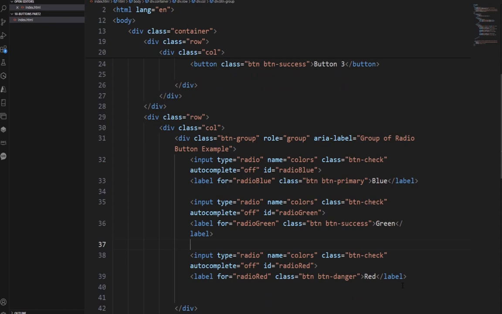So notice I've kind of expanded this. I have blue, green, and red. They're all set up the same way. I have the input, then I have the label. I use the btn-check for my input type, and I use the 2 button classes you would expect for my